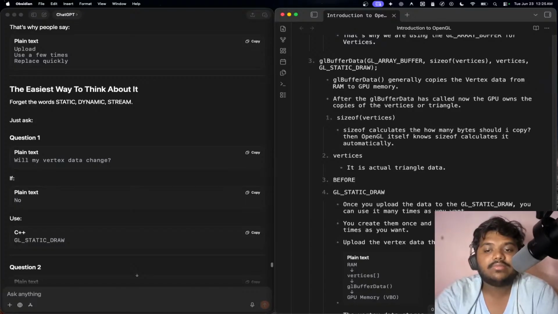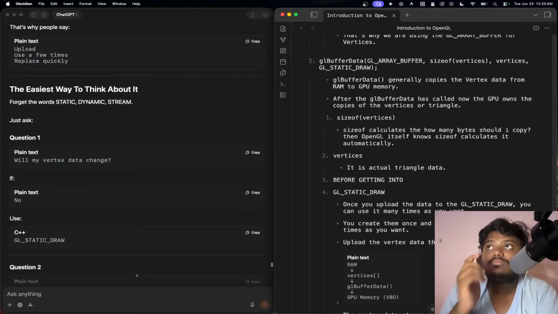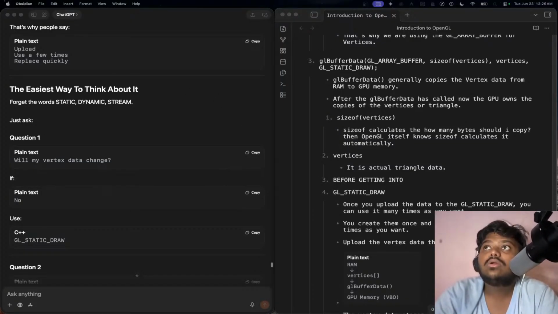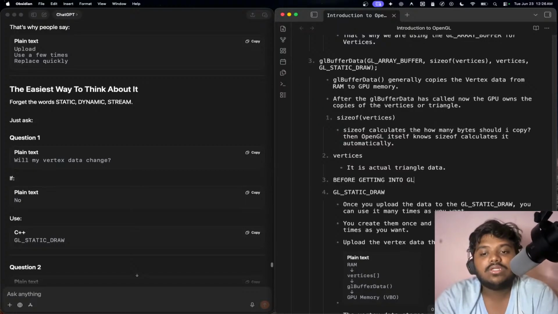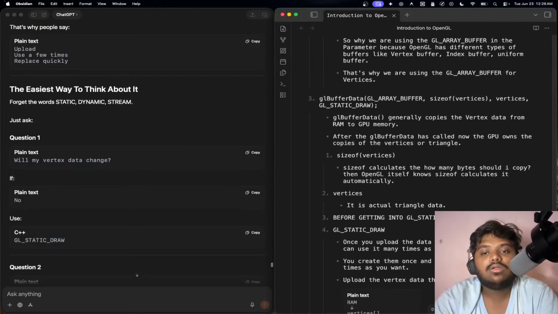Before getting into pure static draw, we need to look at GL, GL array buffer, right? And then GL